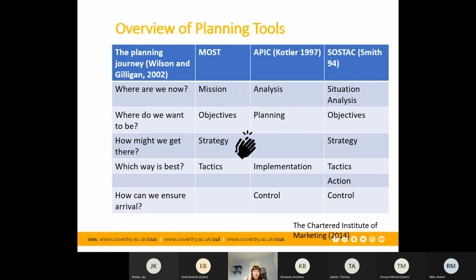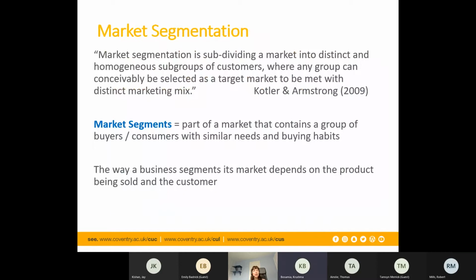But I just wanted to put where segmentation, targeting and positioning, so STP, what we're looking at now, fits in the marketing framework. So back to that slide. And as I said, it's under strategy. So it's under strategy for SOSTAC, because it's about what direction are we going in to achieve our objectives. So we know what we're about, our mission or our situation analysis. We know what we're planning to do. And the next thing is who's going to help us get there? Who are the right audiences? So that's why I thought it was useful to recap that.